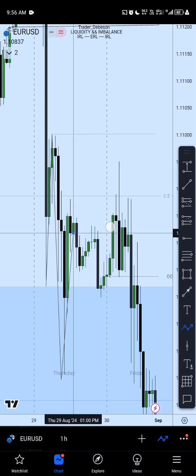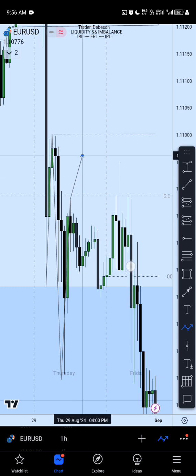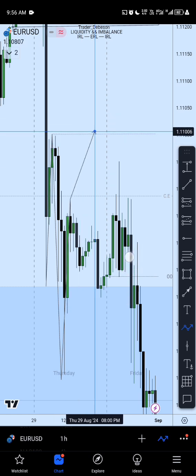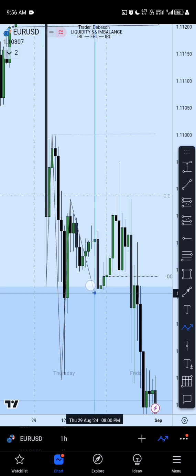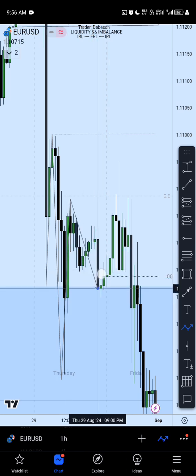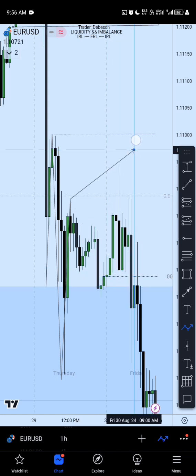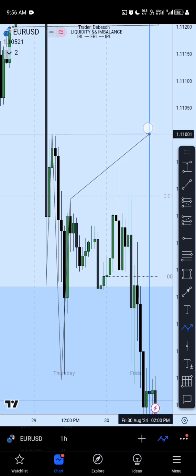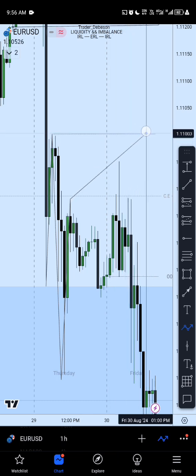Then we trace, fail to take out this high. Then price has been consolidating within this level. The price closed off. So the next day we still expect our Julian swing model, but eventually if price should trade above this high, that cancels everything for us. Be on the sideline and wait. If price should trade above here, that cancels everything for us. We have to be on the sideline and wait for confirmation